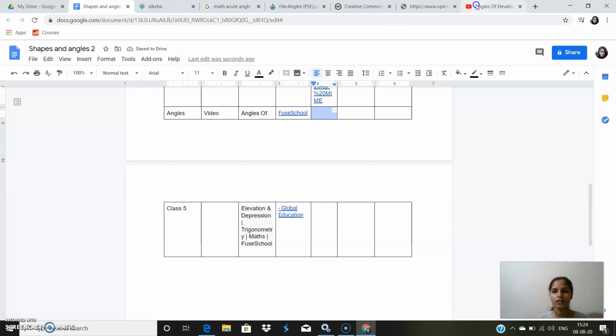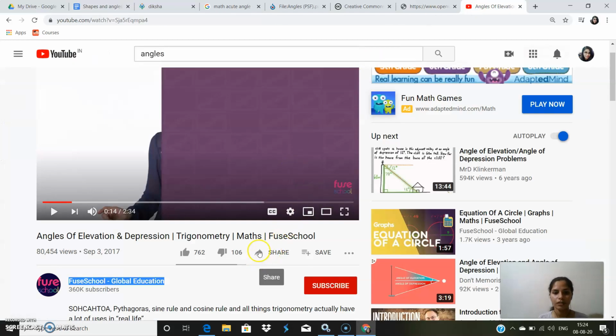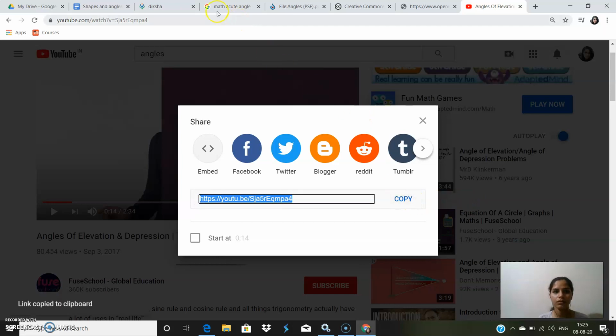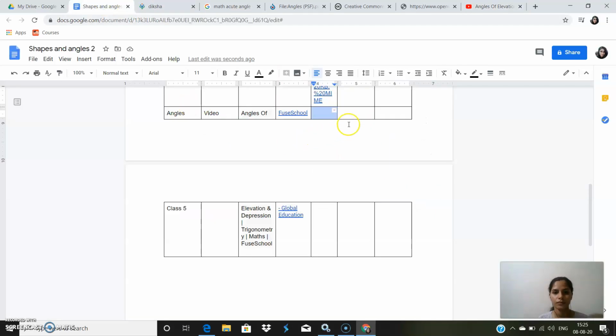Then copy the URL from here. Convert it into a link by clicking on this button.